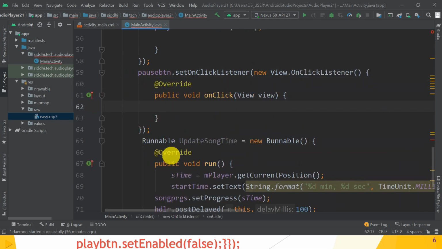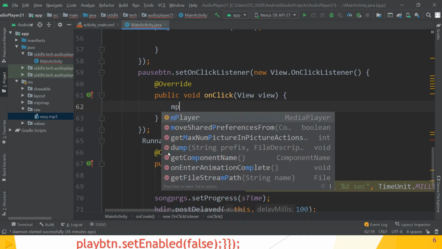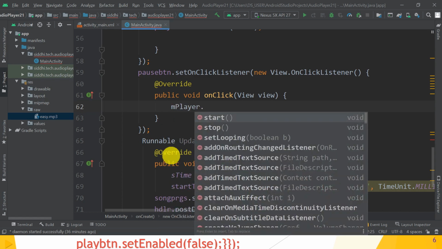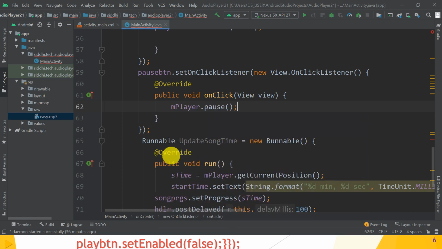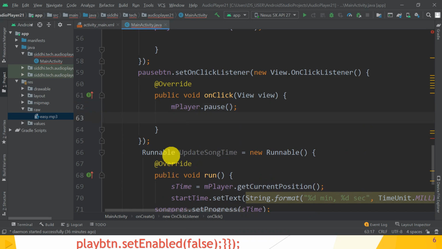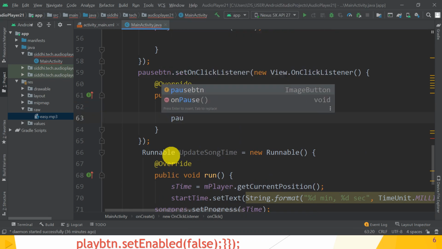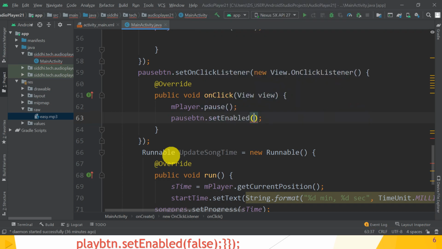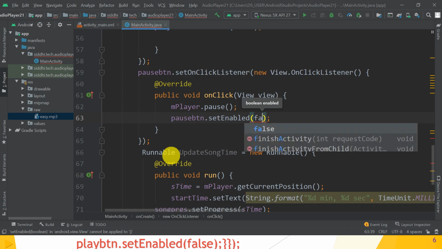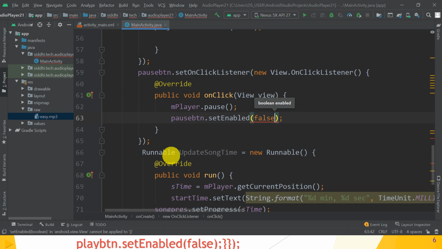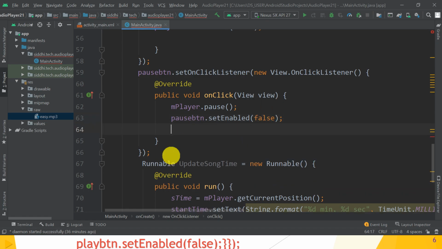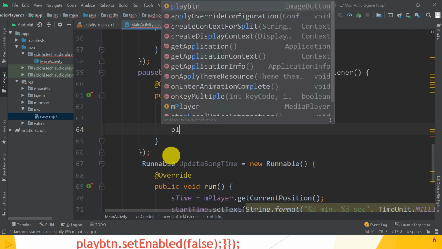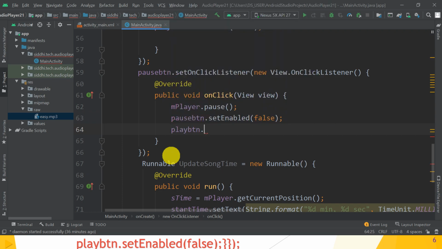And what is the action? mPlayer dot, which method we have to call? Pause method. Then pause button dot set enabled is equal to what? False. Great. And play button dot set enabled is equal to true.